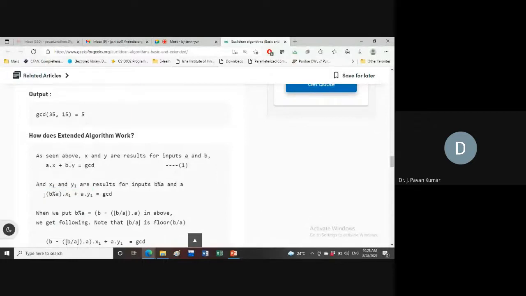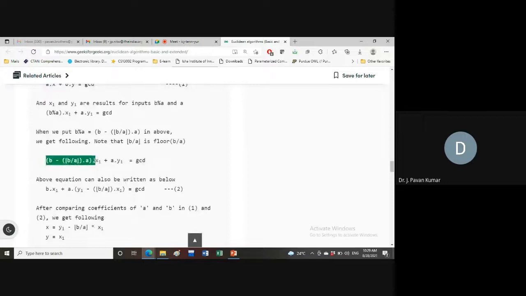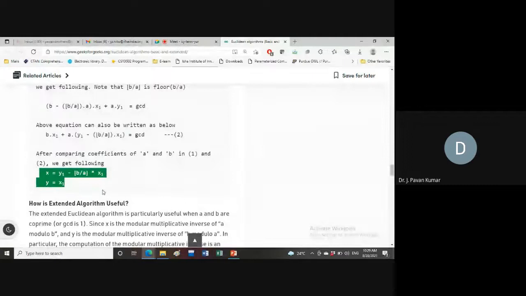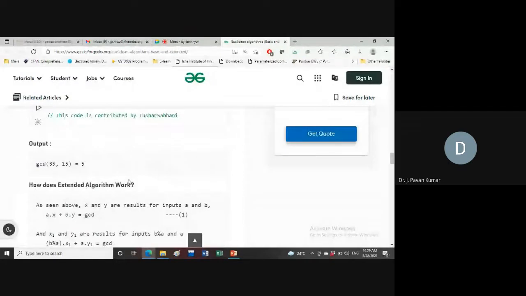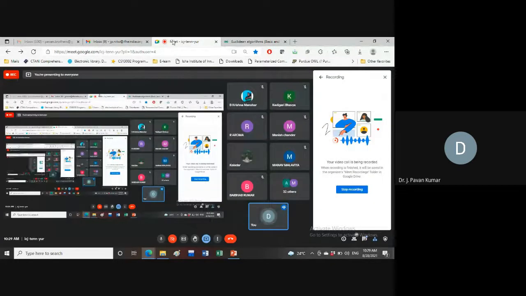We calculate b mod a by subtracting floor of b by a into a from the original number b, then we obtain the remainder. We substitute this in the original equation, change the form to ax plus by is equal to GCD, and then we obtain x and y values. This process we repeat in order to get the GCD. This is about GCD. In the next class, we'll see